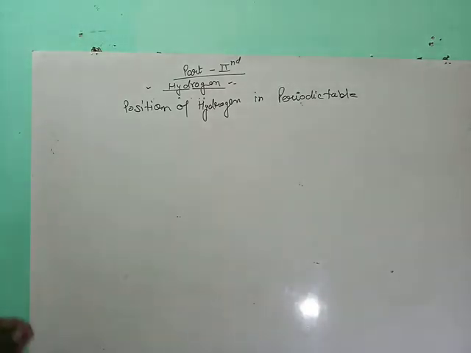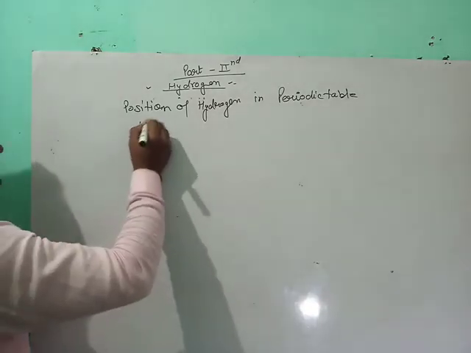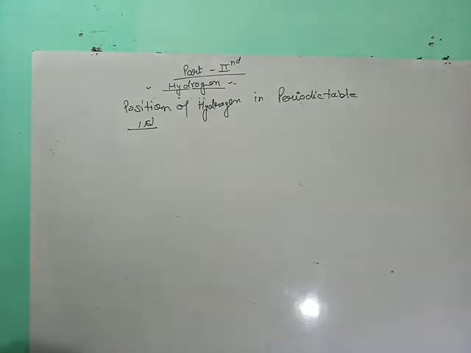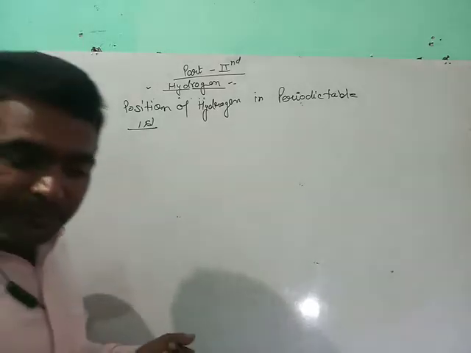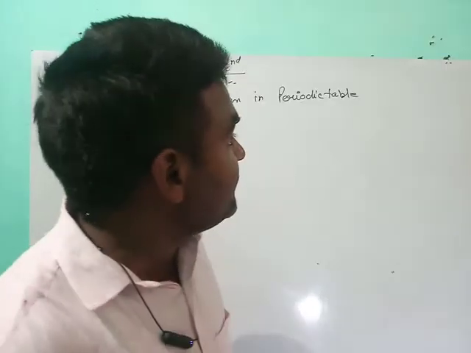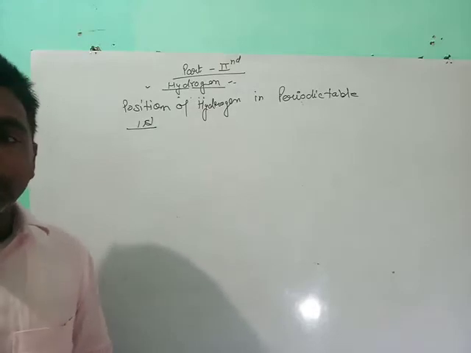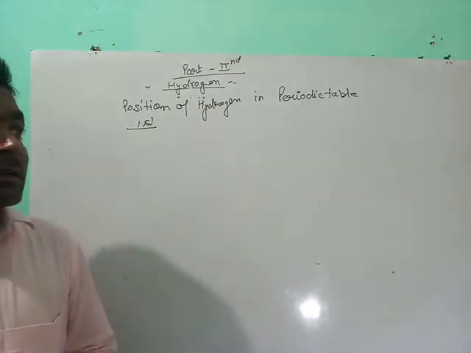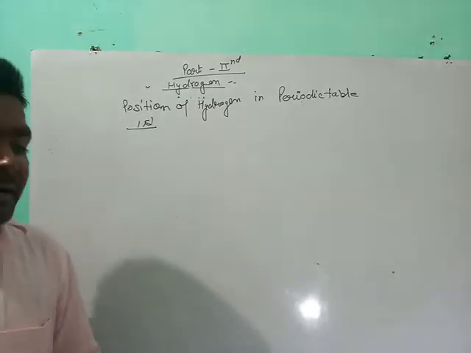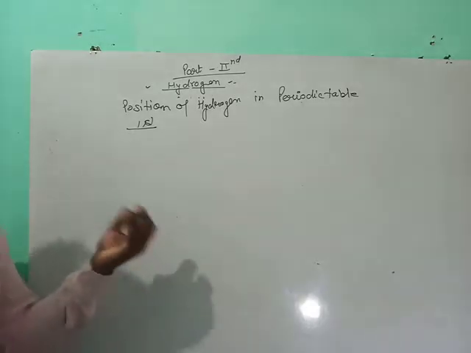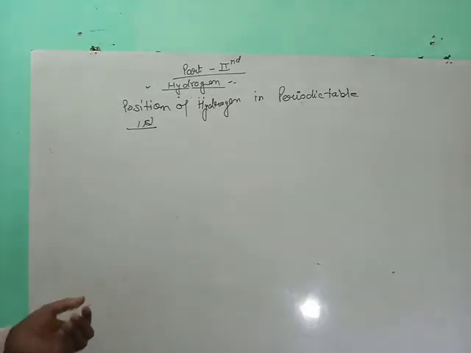Hydrogen has 1s1. If we read the demerits of hydrogen, according to the demerits of the periodic table, in the Mendeleev periodic table or the modern periodic table, then we find